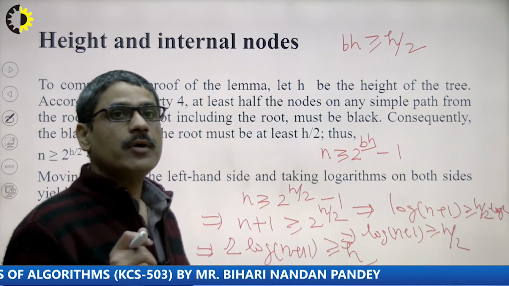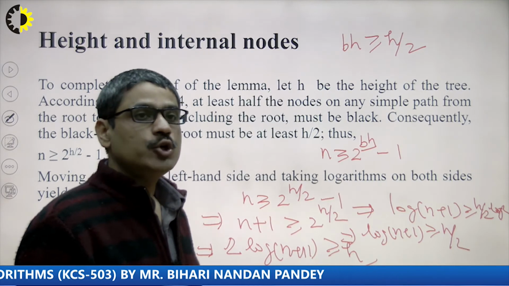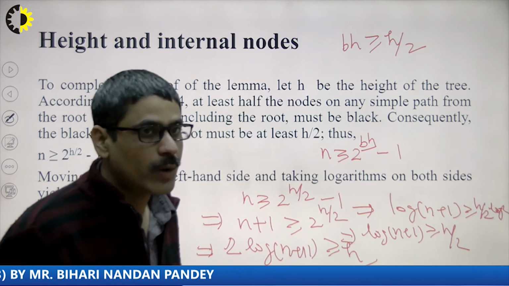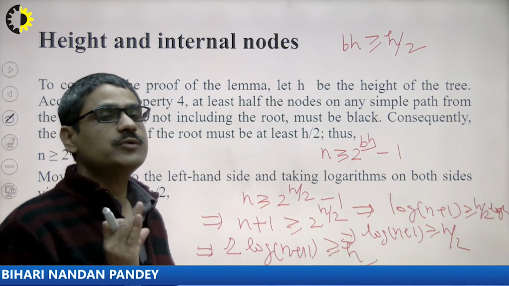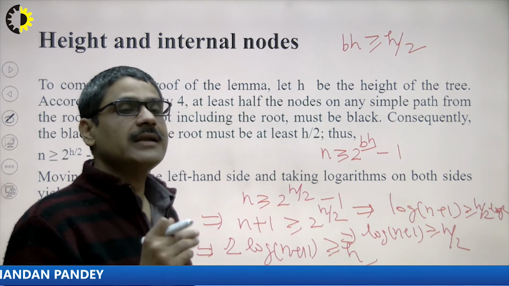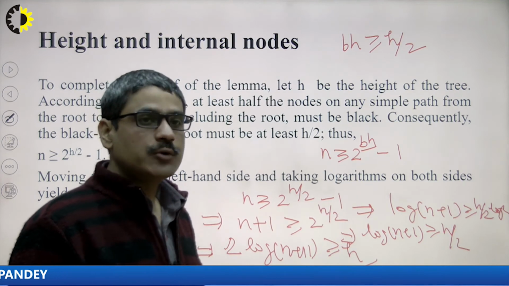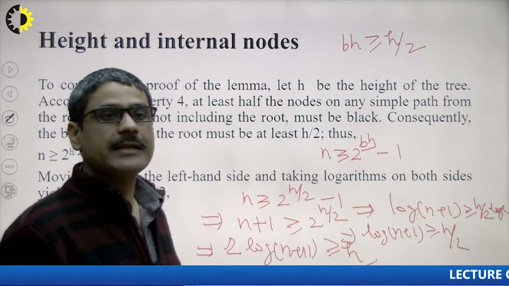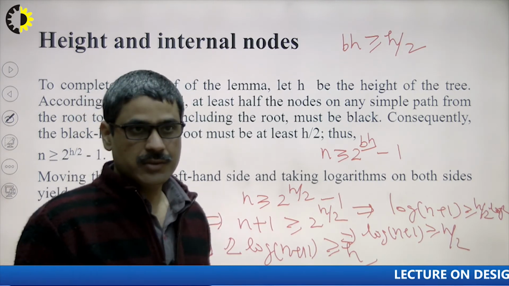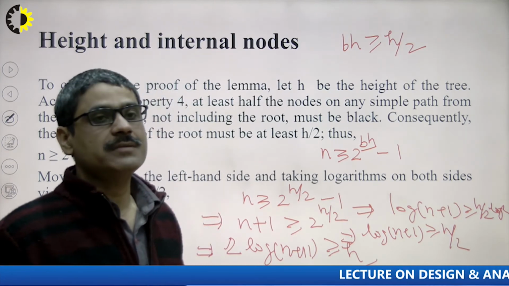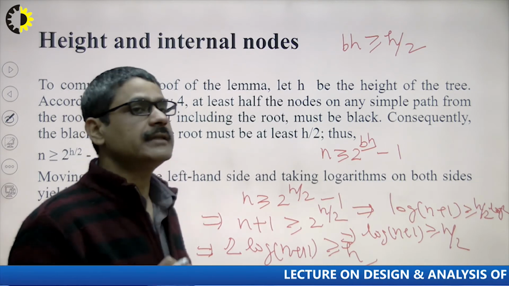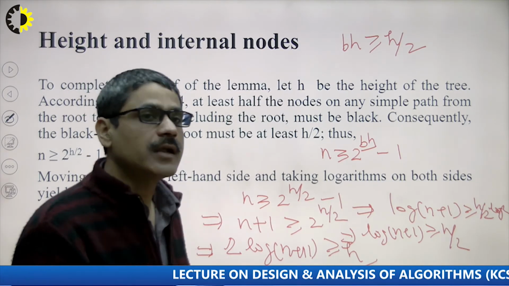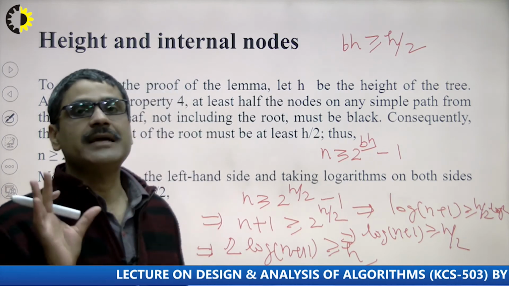So it is a very important theorem, and you all should be able to prove it, and some relations are required. The first relation: whenever you calculate the internal nodes, you have to use the formula 2 to the power bh of x minus 1 for any given node, and you have to prove this by induction. By applying the induction process, you get that the number of internal nodes is at least 2 to the power bh minus 1.